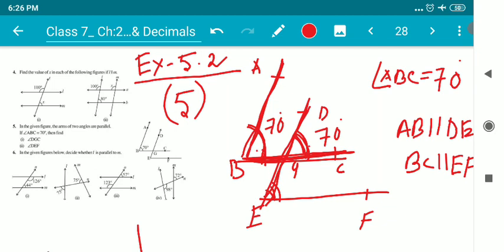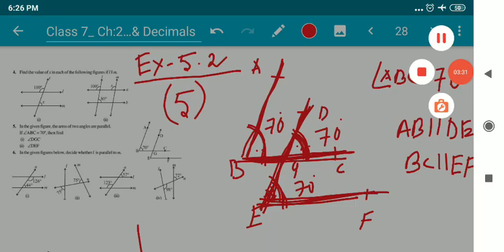Now once again, as we all know, BC and EF are parallel, as mentioned in the question. So DE is a common transversal. Yes children, angle DGC is 70 degrees. So angle DEF has to be 70 degrees because they are a pair of corresponding angles, and we know that corresponding angles are always equal. So angle DEF will also be 70 degrees. So I got my answer. This is how we have to bring our answer, children. I hope it's clear to everyone.